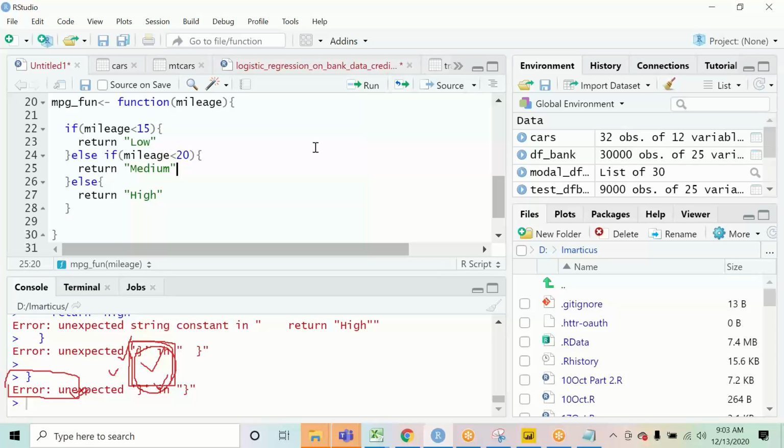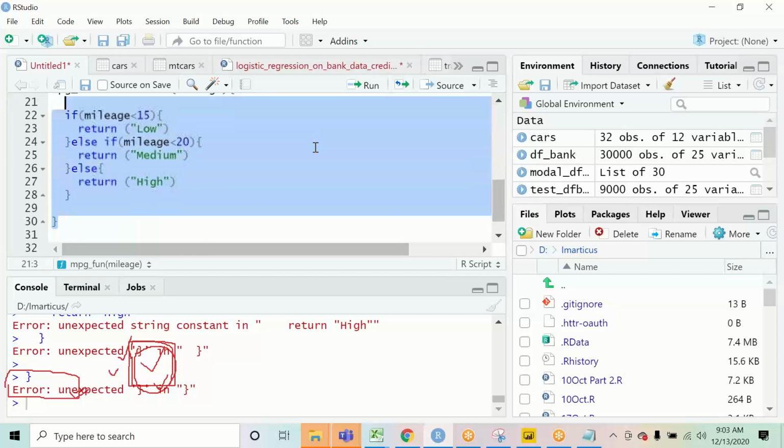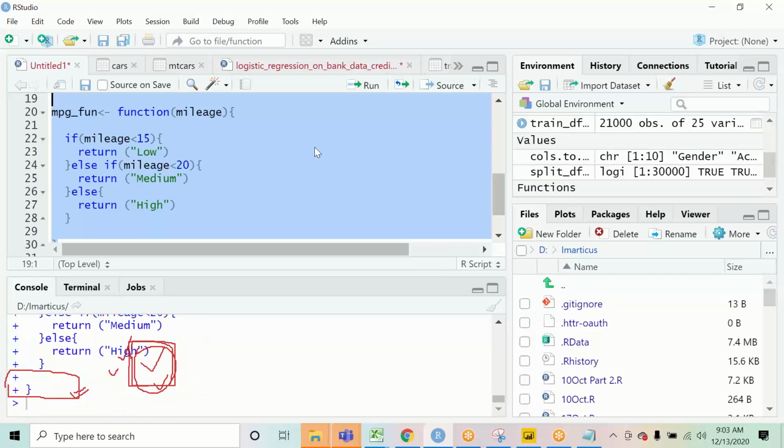This is correct. Yeah, it's just the brackets that are missing.